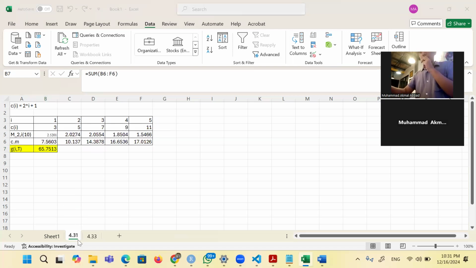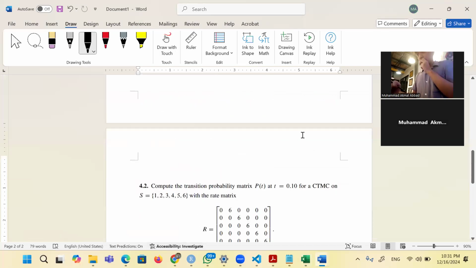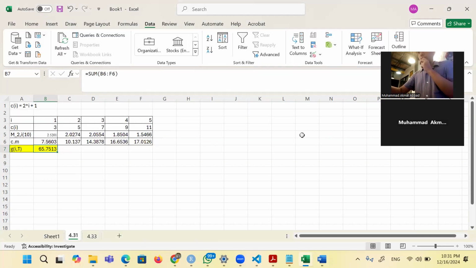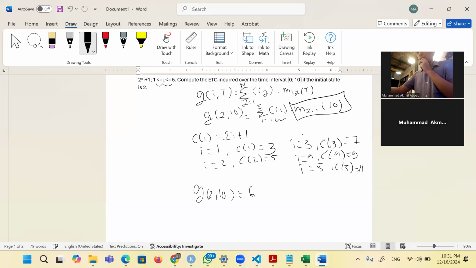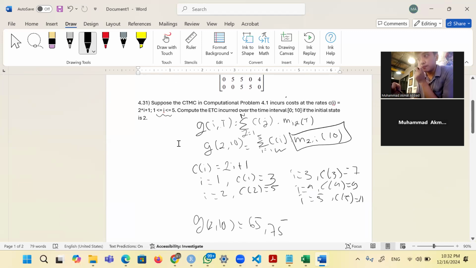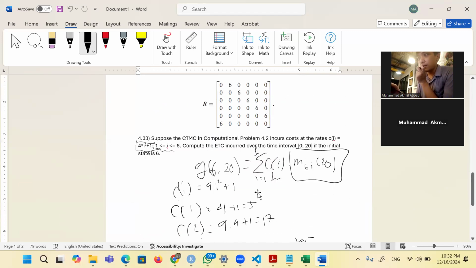So for 4.31, G(2,10) is 65.75. This means that the expected total cost incurred over the time interval 0 to 10, if the initial state is 2, is 65.75.